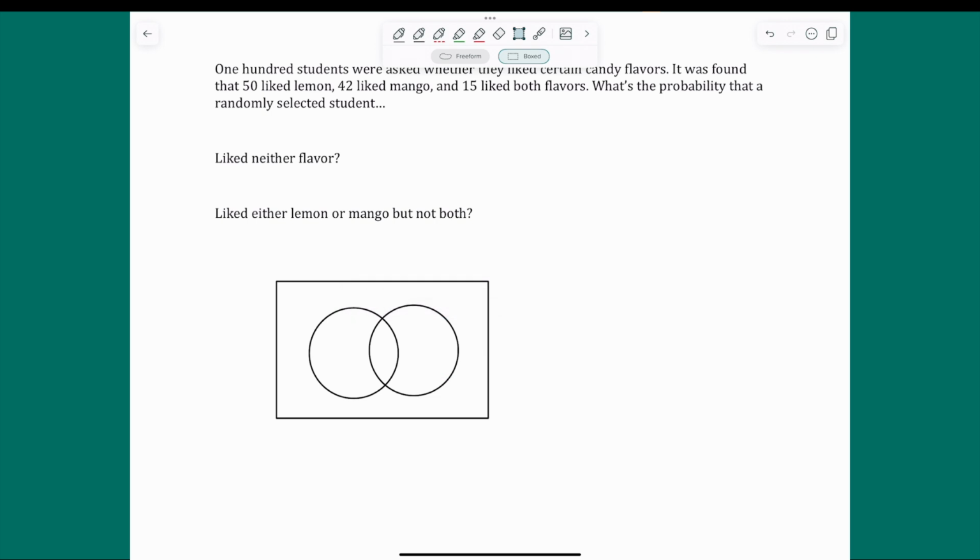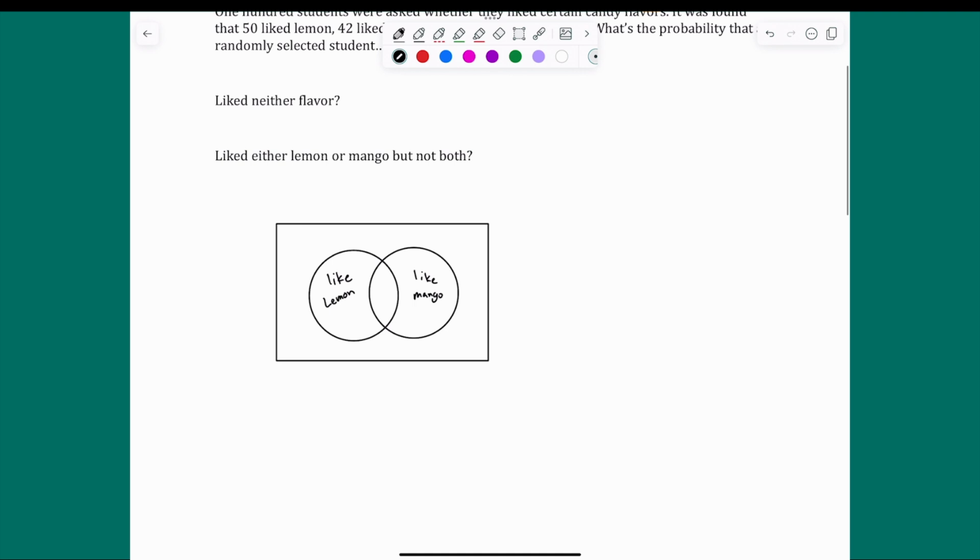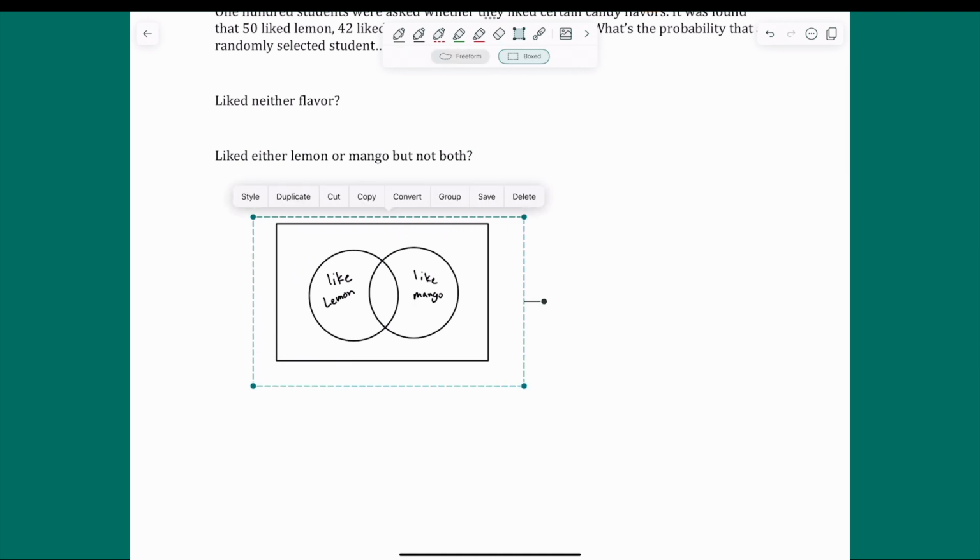Okay, so one circle is the event a student liked lemon. And the second event is they liked mango. Okay, so to answer this question here,